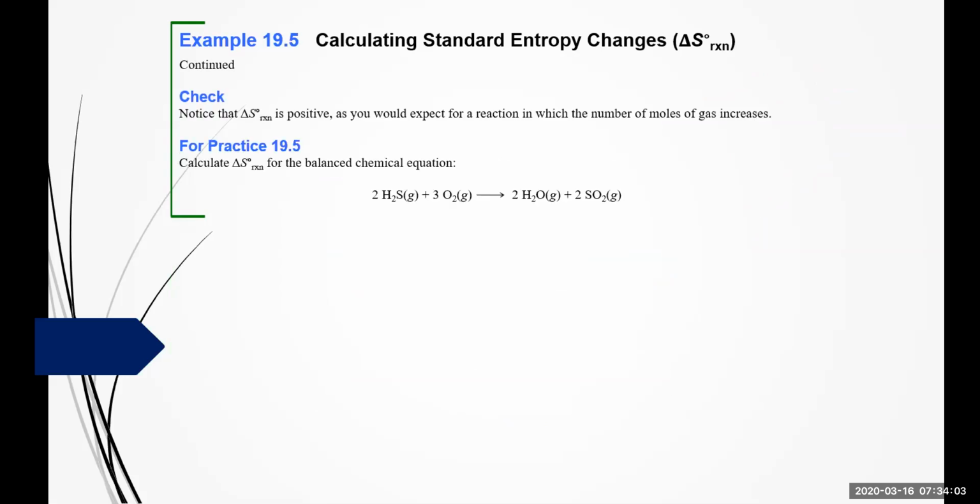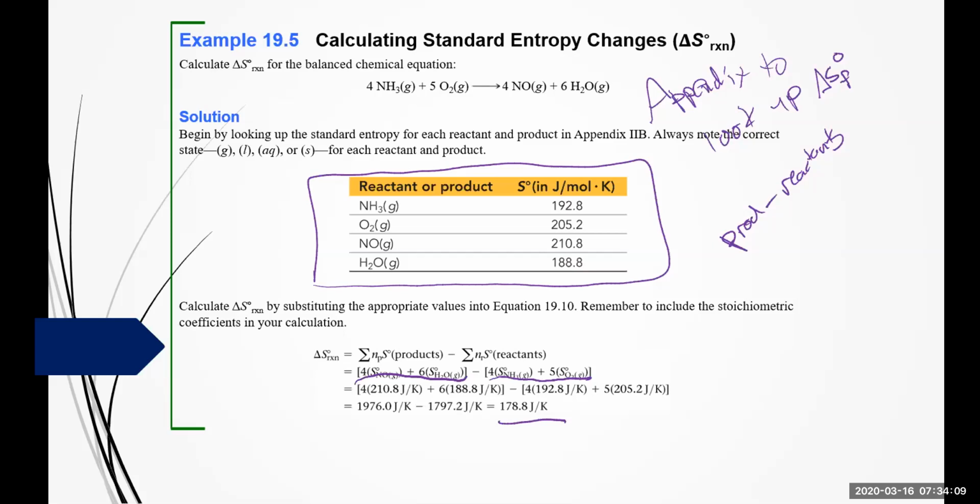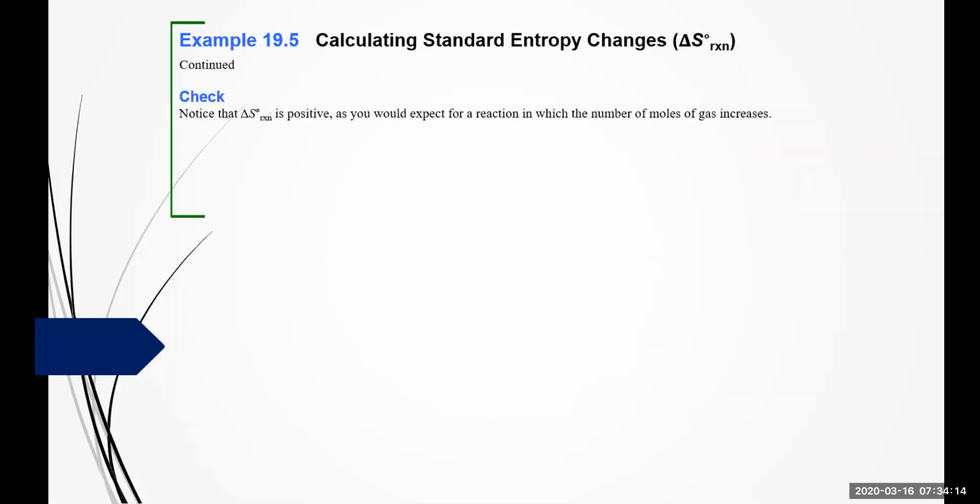And so we can check it. We know that it's positive, and it's positive because we are making, if we go back, we're making more moles of gas than we started off with, so we did expect it to be positive. And so then there's another practice one, right? So you still need to use your appendix